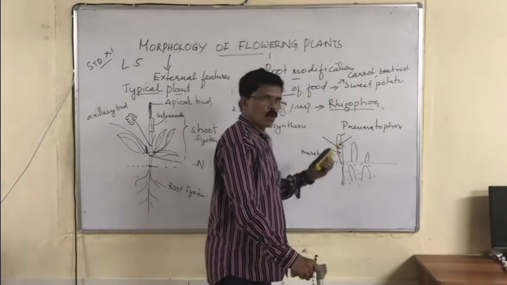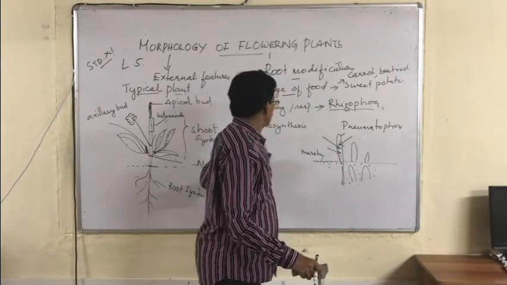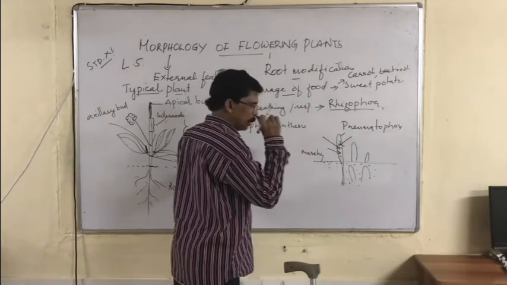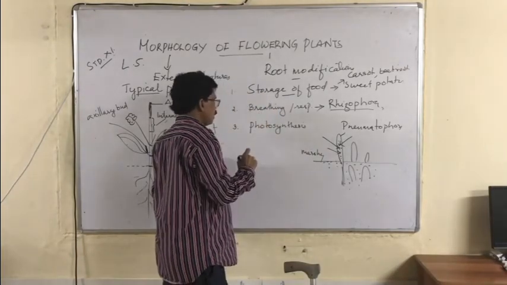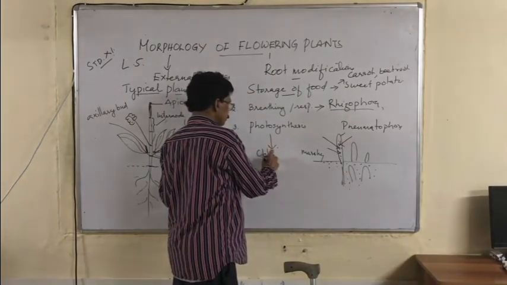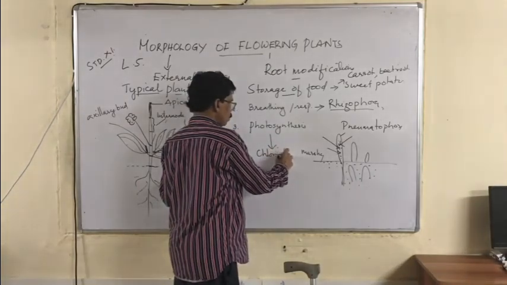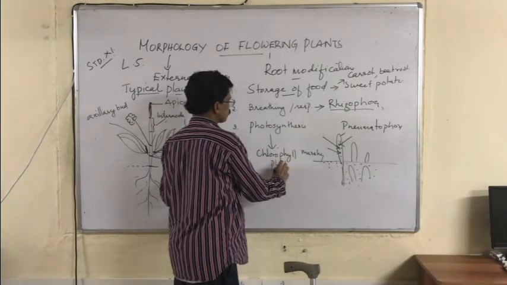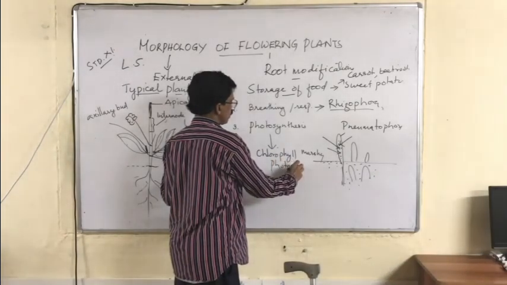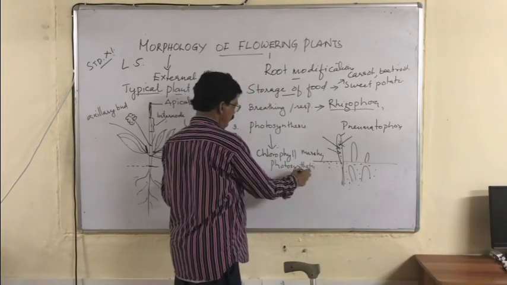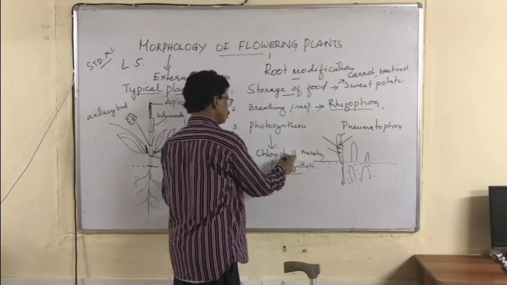They absorb oxygen from the atmosphere, and such roots are called breathing roots. In some plants, the roots are modified. They develop chlorophyll and become photosynthetic. Many roots can be